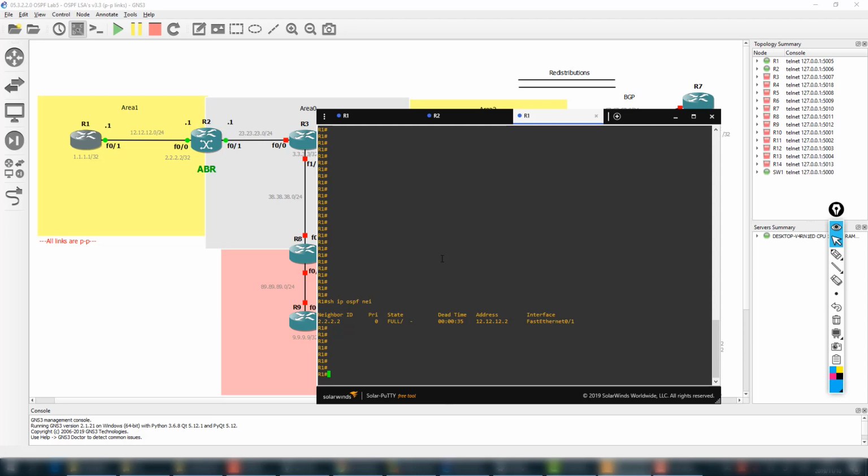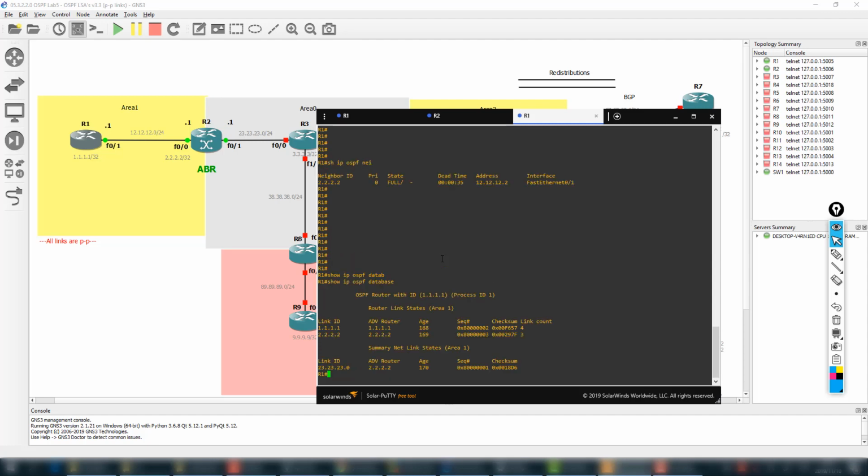Here you can see, go to show IP OSPF database. Here you can see how many types of LSAs we have already. We have type 1 LSA, which is coming directly from this router. We have two LSAs, and the advertising router is router number 1 and the second is being generated. What does it mean?